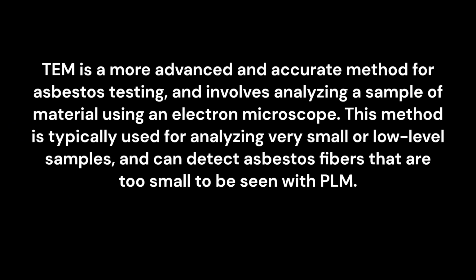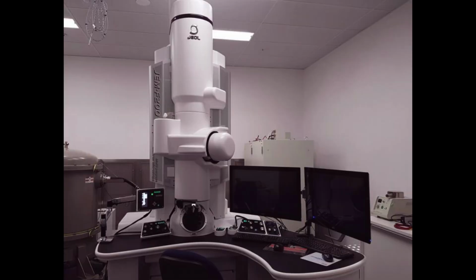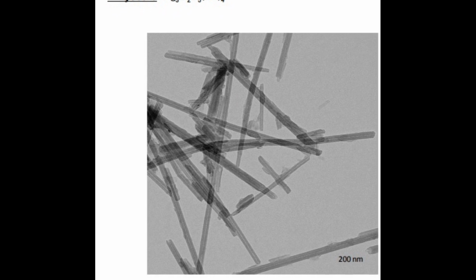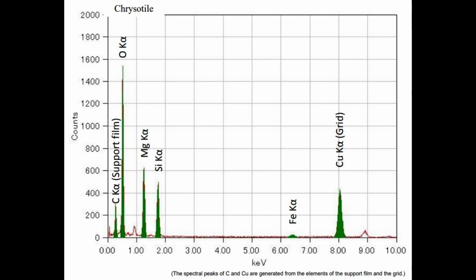TEM is a more advanced and accurate method for asbestos testing and involves analyzing a sample of material using an electron microscope. This method is typically used for analyzing very small or low-level samples and can detect asbestos fibers that are too small to be seen with PLM. Here, we can see photos of the TEM instrument, TEM images of chrysotile asbestos, and the TEM spectrum of chrysotile